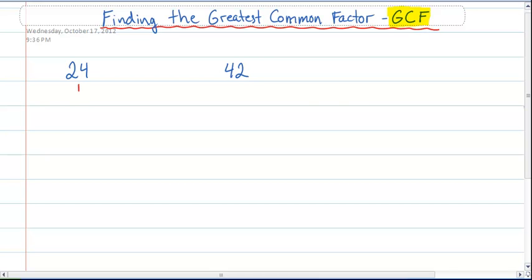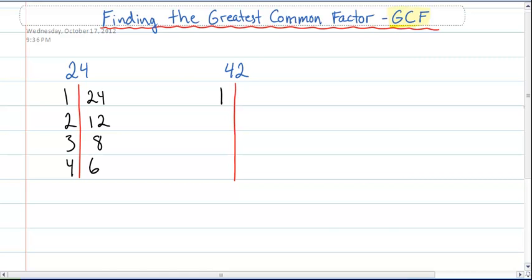One method is to use t-tables and to identify all the factors of those numbers. All the factors of 24 would be 1 and 24, 2 and 12, 3 and 8, and 4 and 6. Those are all the factors of 24. All the factors of 42 are 1 and 42, 2 and 21,